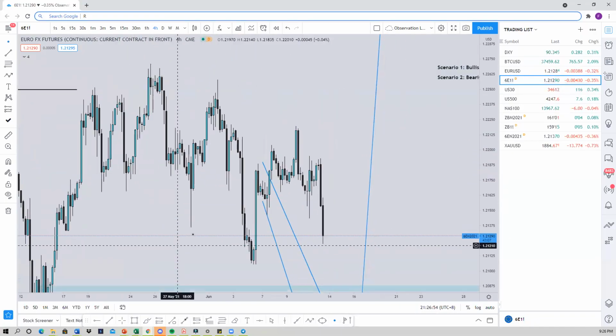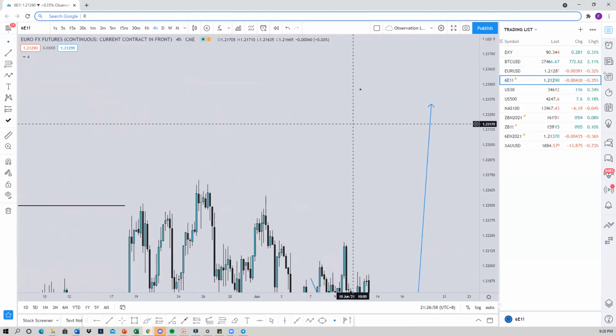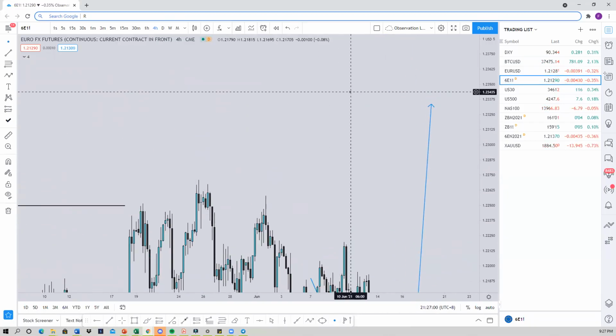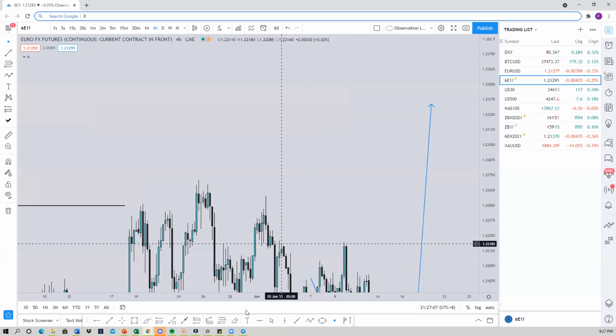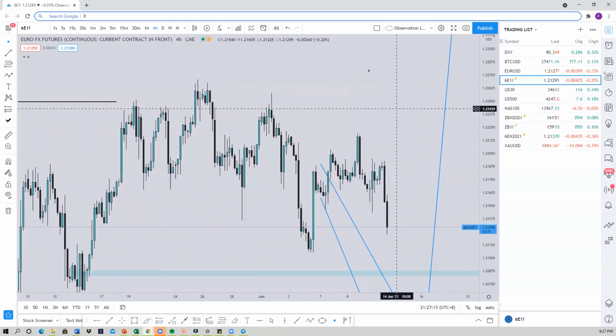Okay. Then we are done with premium and discount. We are done with PDRA matrix. Then we need to look at what are the highly probable combinations. Okay, now this is pretty simple. So there are highly probable combinations. You can see that we have a bearish order block here, liquidity void here,